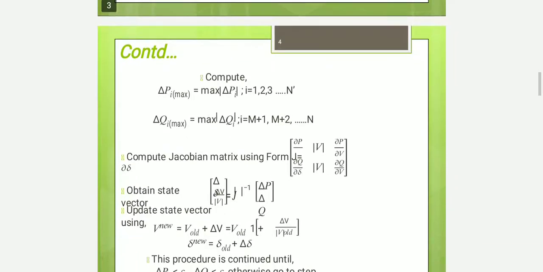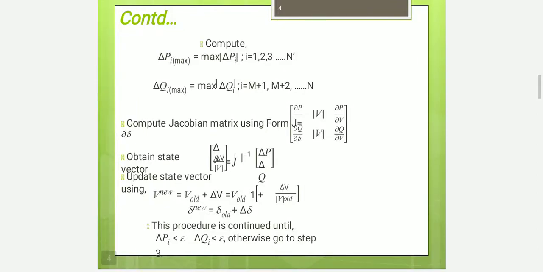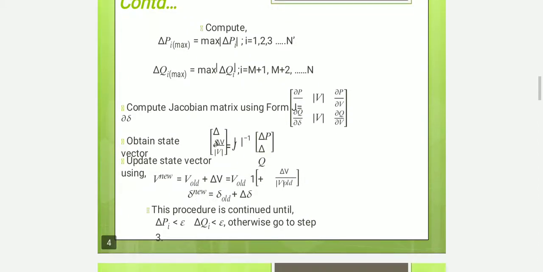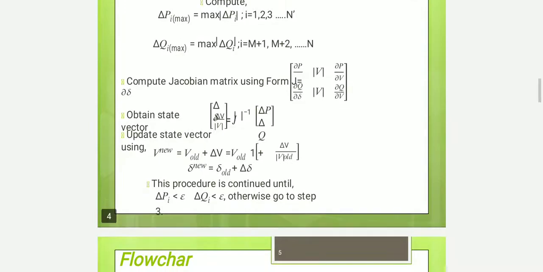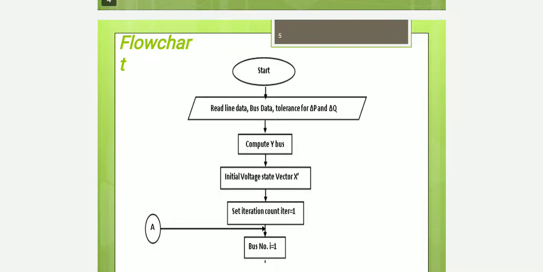And this is the continuing procedure, that is the continuing algorithm for calculating the solution for a given problem by using this method. You need to calculate the Jacobian matrix, you need to obtain the values of delta P, delta Q, and then delta and del V, and we need to calculate the value of V new with the help of V old, that is the new voltage point, by using the old voltage along with the delta parameters. And the same thing is represented in the form of a flowchart here.